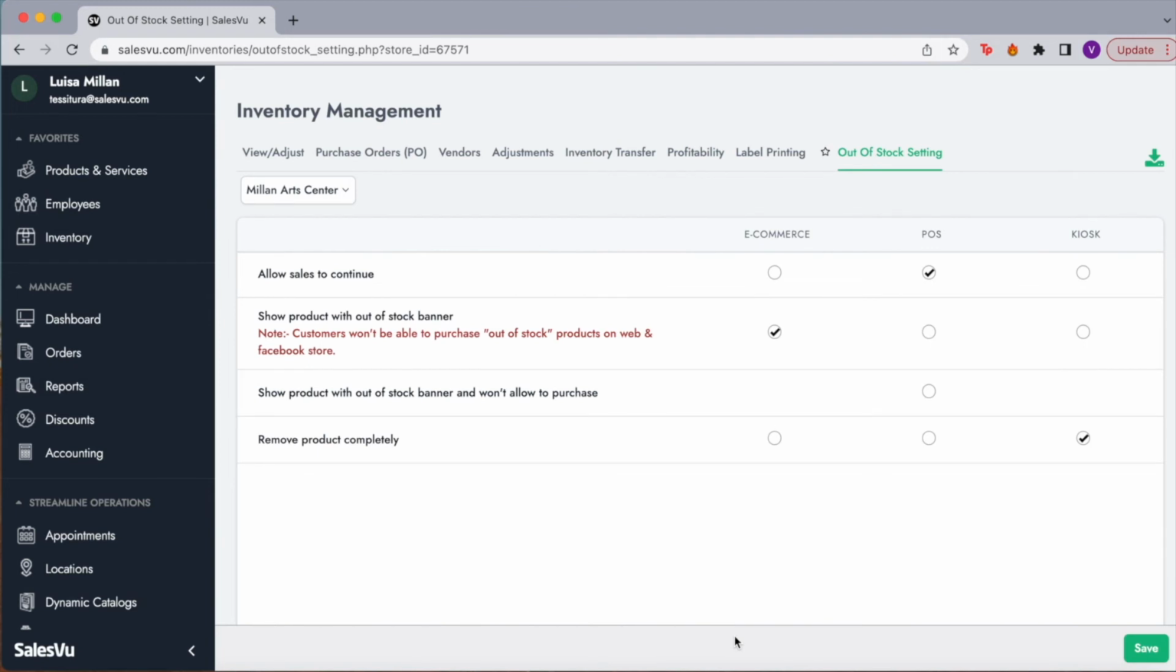Perfect. One last thing I want to show you of inventory management is the out of stock setting. So the out of stock setting is just basically deciding how you would like to show your products that you don't have in stock. We have multiple options. You have the option to allow the sales to continue, to show the product with the out of stock banner, to show the product without the out of stock banner and not allow purchase, or to remove the product